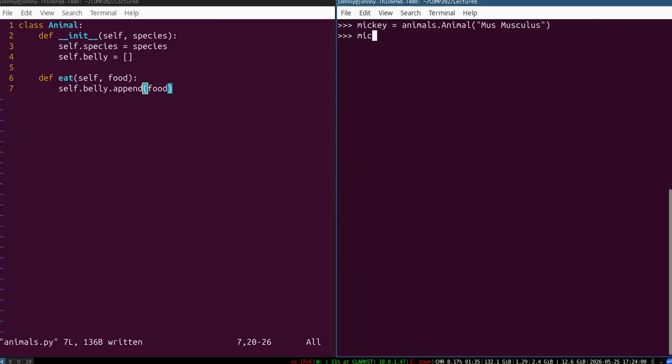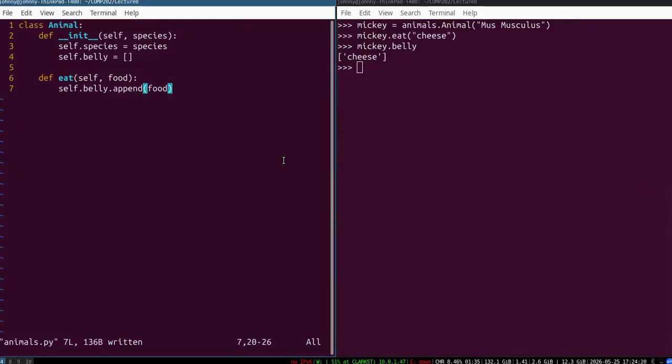There we go. And so, okay, now let's have Mickey eat some cheese. Now we can see, oh boy, how appetizing. Mickey now has some cheese in his belly. All right, great. Now, let's suppose I want to make another class here,